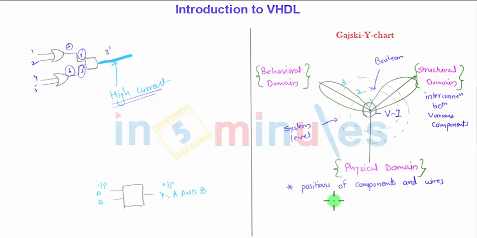VHDL also supports the description of components as well as systems. Components means half adder, full adder, combinational or sequential circuits, which you can take at various levels of abstraction. What do various levels of abstraction mean? These are the levels of abstraction: level 1, level 2, level 3, and so on. This is Gajski's Y chart: gate and component delays along with the clock cycles.